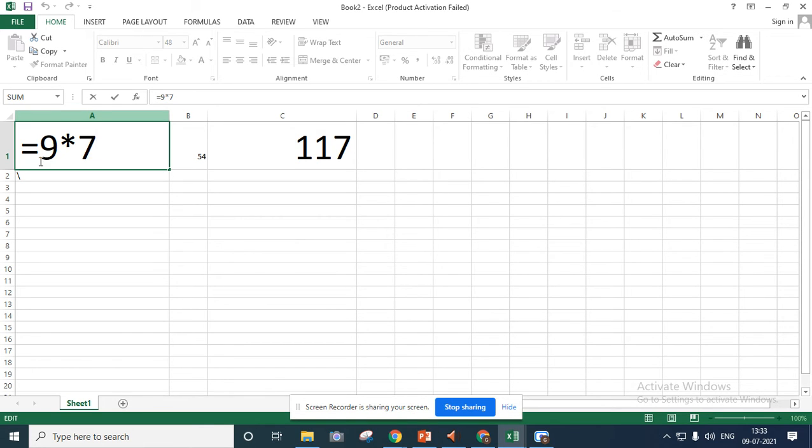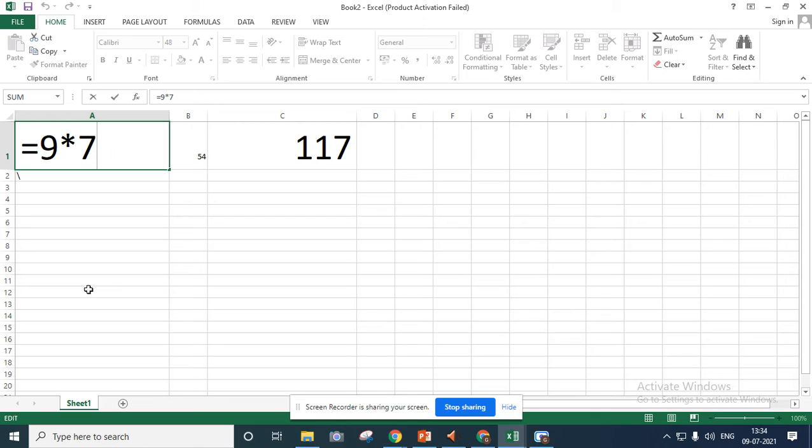And these 9 and 7, these are operands. These symbols are your operators, and the 9 and 7, which are in the form of numbers or text, are your operands. Understood the meaning of operands and operators? Operators are in the form of symbols, but operands are in the form of text or numbers.